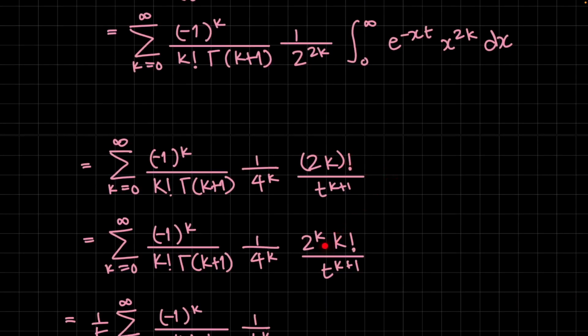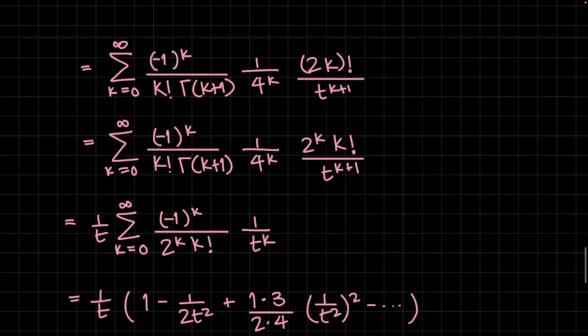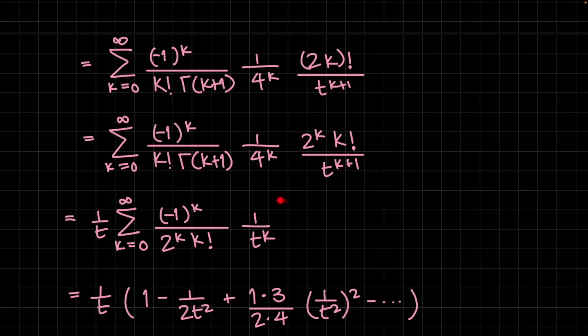So that gives us k terms. So 2 to the k times k factorial is equal to 2 times k the whole factorial. And that cancels with the 4^k, since there are two 2^k's in the 4^k. It will cancel with one of those factors in the denominator. And we can just take a 1 over t outside from the t to the 2k plus 1. So we have 1 over t, sum from 0 to infinity of (-1)^k over the k factorials,